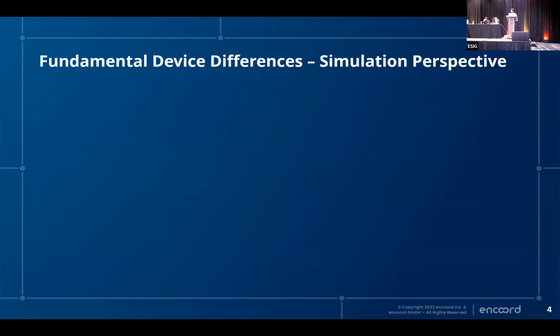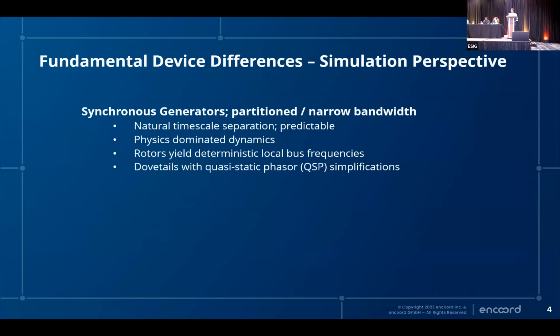So we have to look at the devices that we're modeling and what's relevant to the devices and what was relevant to the tools that we designed 50 years ago that we still use today, 30 years ago, the many different versions of these tools. And it's good to take a step back and ask, what's going on with these simulation tools? And it turns out that a lot of them were informed by the dynamics of synchronous generators. So synchronous generators are where the majority of the power came from throughout the history of the power system, right? Rotating machines. You could consider these to be partitioned, sort of natural timescale separate dynamical systems, right?